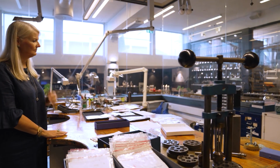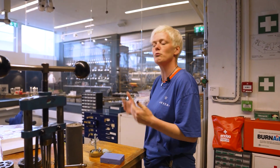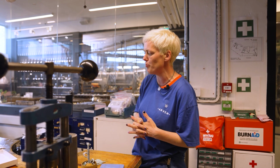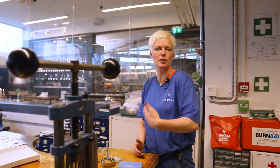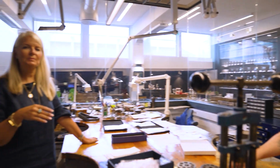So what they do is they repair for walk-in customers, but also customers from all over Norway and other countries. And they do special made stuff, custom made stuff, but also old productions and new productions. We have a lot of molds from stuff we made 80 years ago, and we still are able to produce it today. And that's actually an interesting story, because we have those molds and those drawings, because one of the companies that is a part of Arven